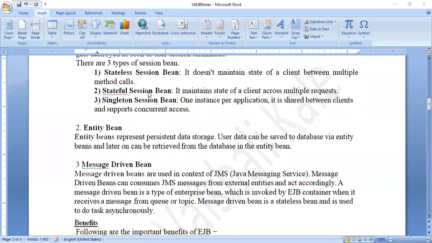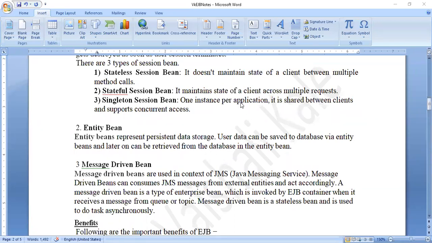So stateful will be related to one session, whereas stateless will not be related to one particular client. Similarly, the singleton session bean will be one instance per application. So it will store the information per application. In the sense, right now I started the session. In my session, I have Word going on, then there is PowerPoint also.